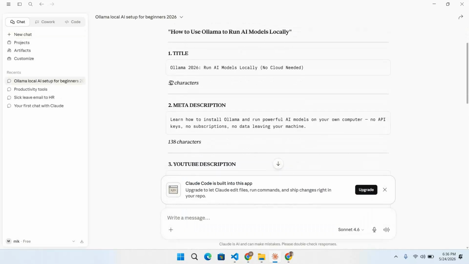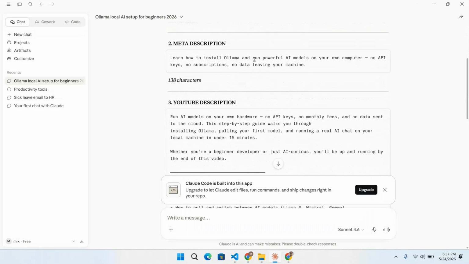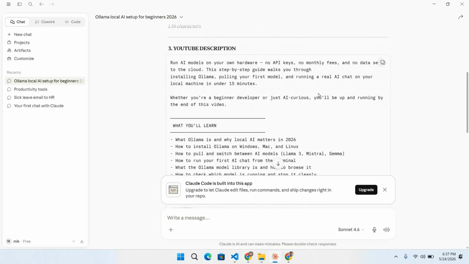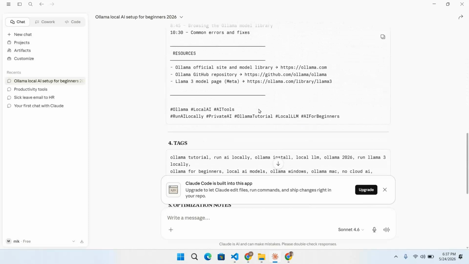Now you can see here it has produced your title, the meta description. It is for the blog. If you have a blog or YouTube channel, so it has created that, the blog. Then you have the YouTube description. Then you have chapters in it, resources in it, hashtags,